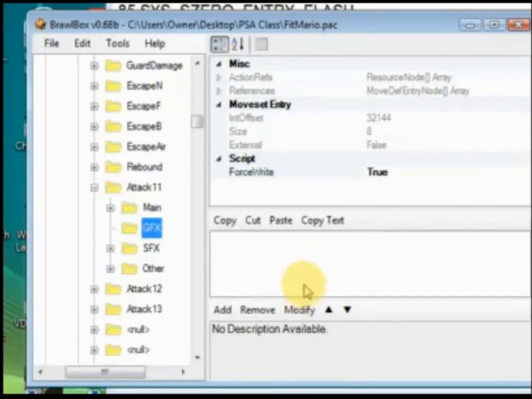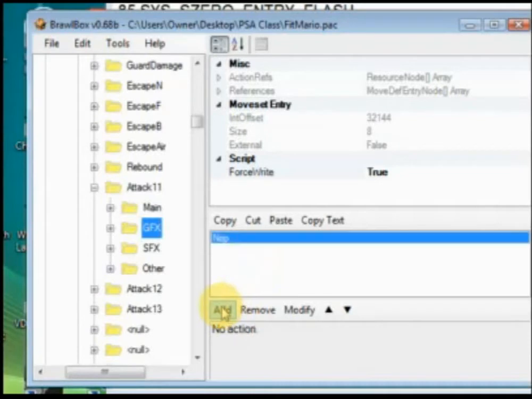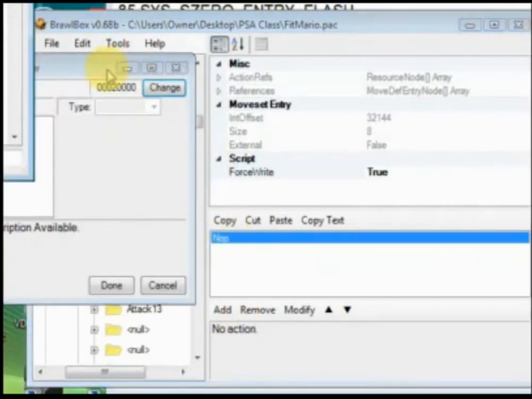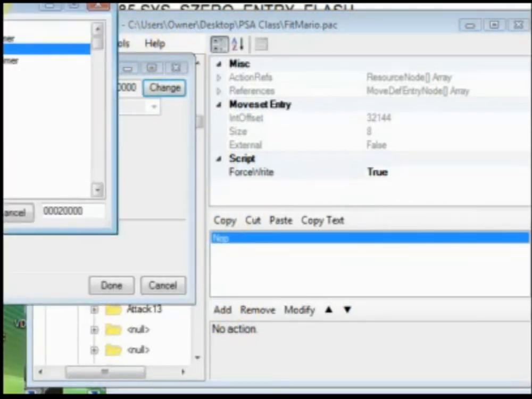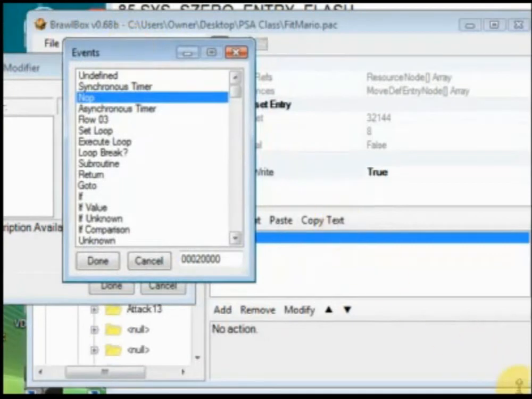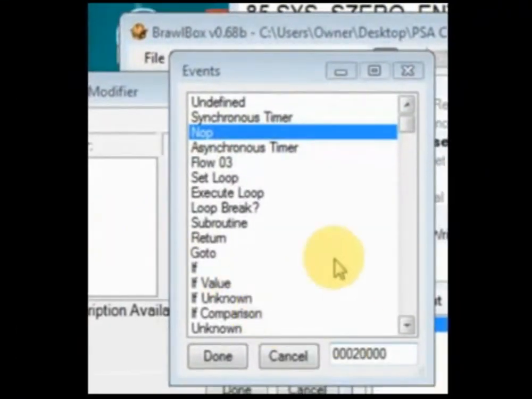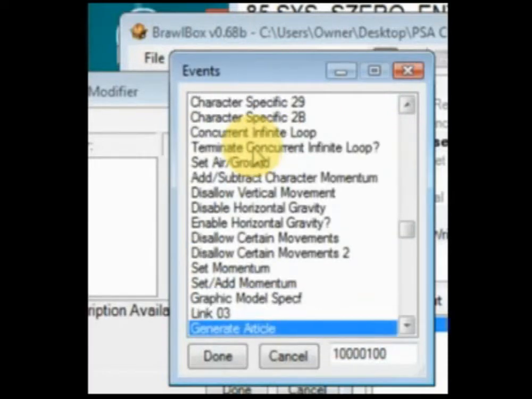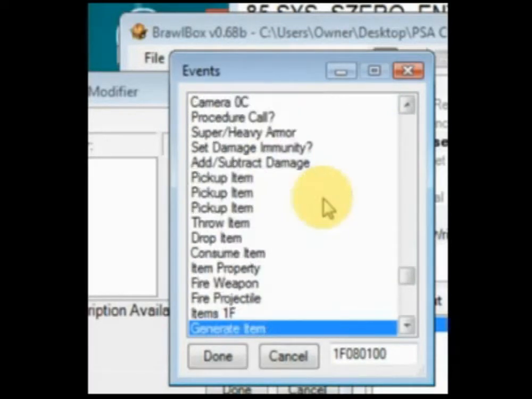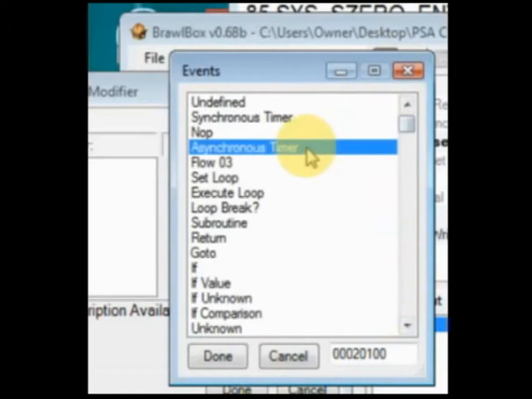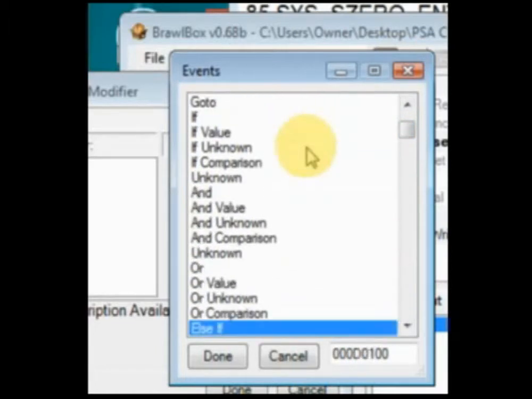Alright, in this case, you're going to want to add, since it's an external graphic effect,